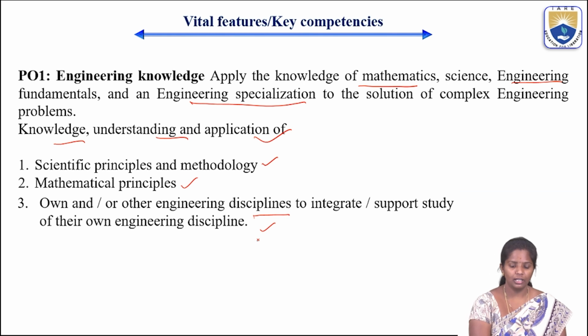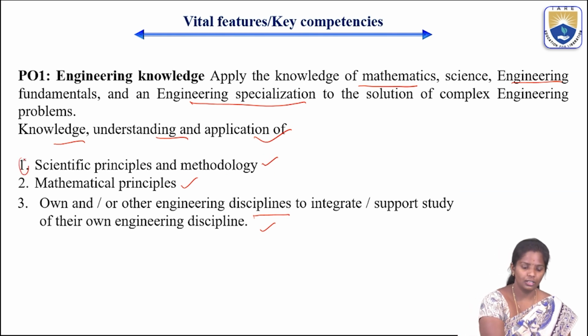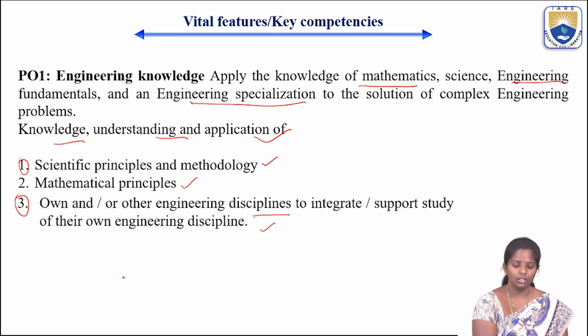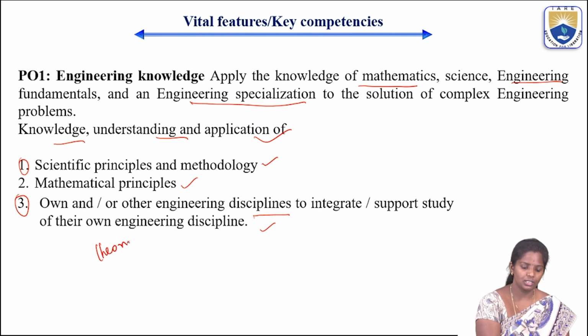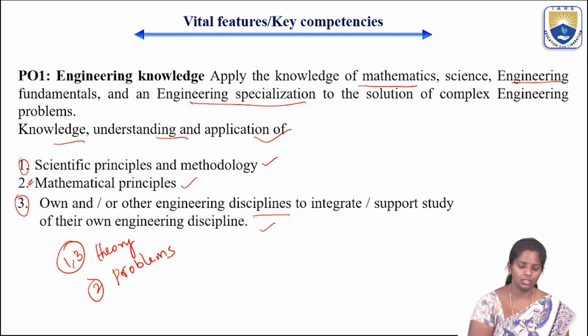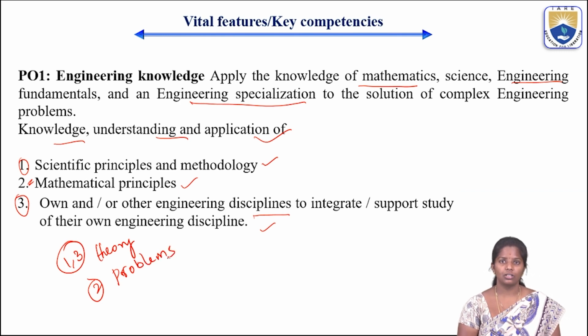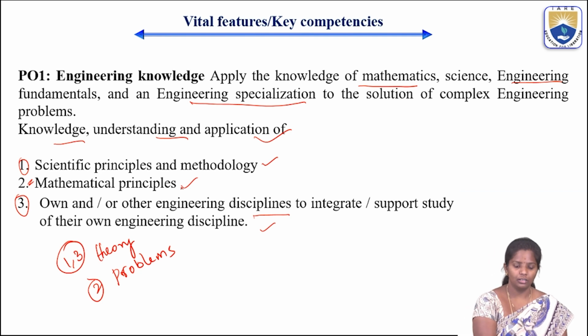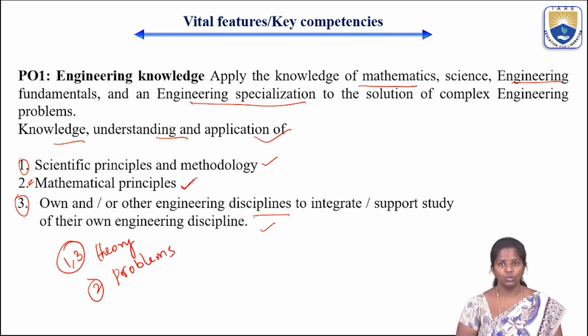It means that the first and third ones include the theoretical part, the theory that we are studying. However, the second one includes the problems, because we are using some mathematical principles in solving those problems. So depending on the module, wherever the module has problems, this PO1 of 2 is also